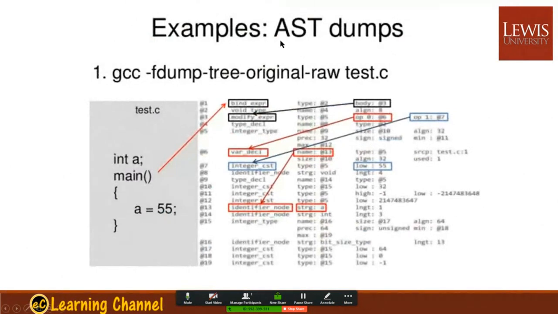So here, first, if you compile with GCC, you put -fdump-tree-original-raw for test.c. You will see your program dumped with this, and as you can see right here, it contains a few entries. It's just like you have some simple table. You have a bind expression, so this looks like a terminal or non-terminal term. And over there it tells you the type, body, so it's more like a decorated